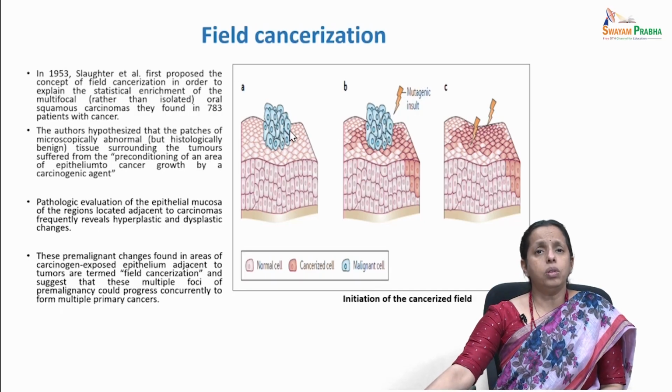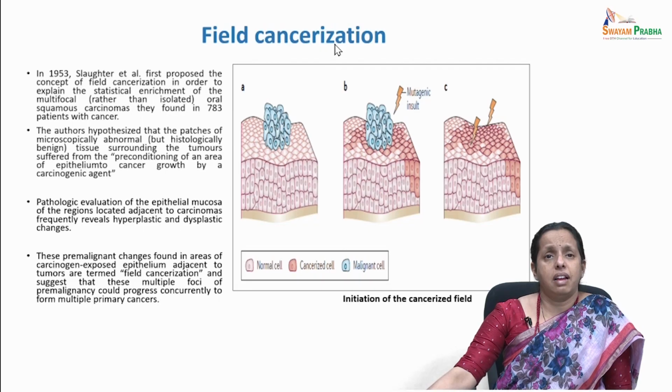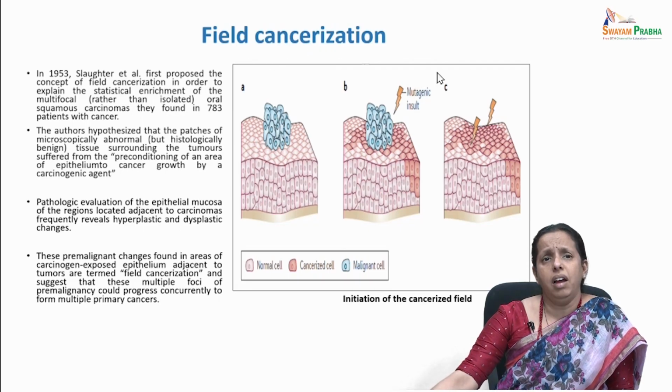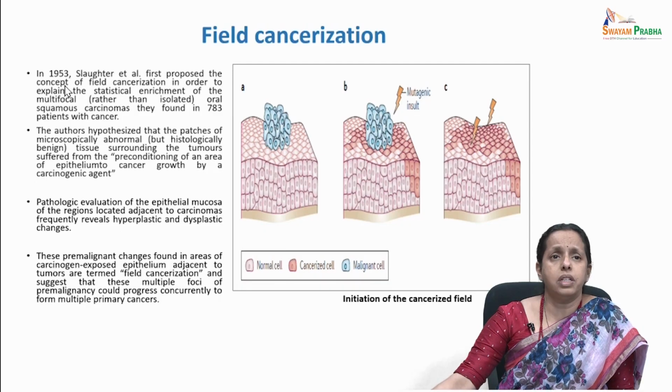Now coming to field cancerization. Isn't it a very fantastic term? It denotes a large variety of regional changes on the surface of tissues. It was first observed in 1953 by Slaughter et al., where they proposed the concept of field cancerization in order